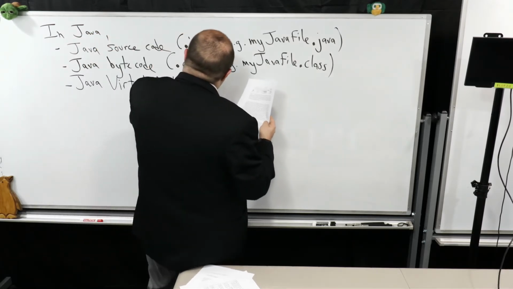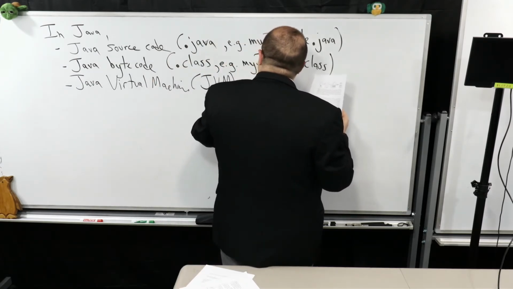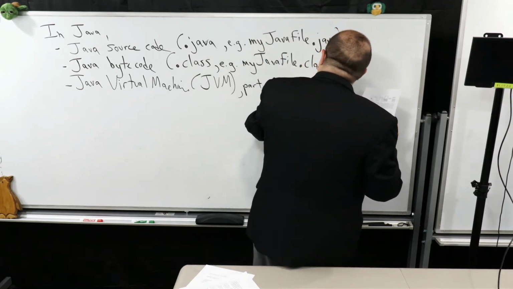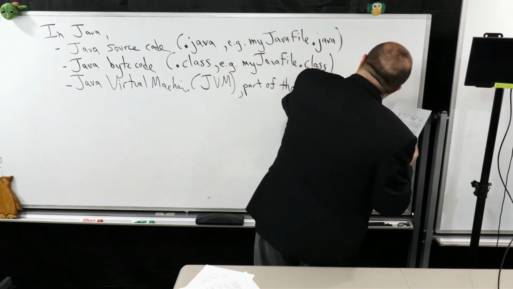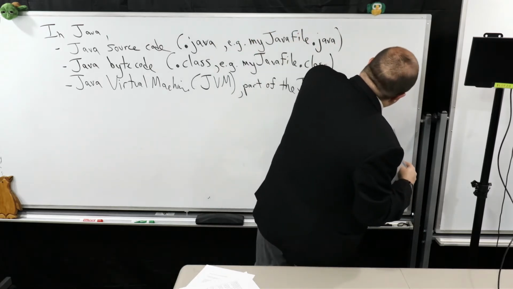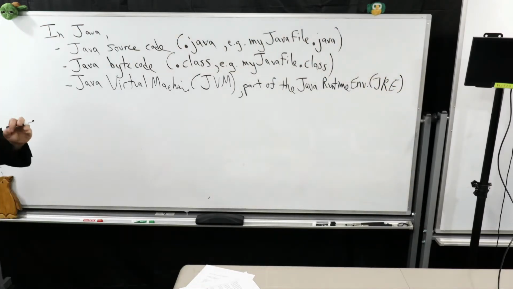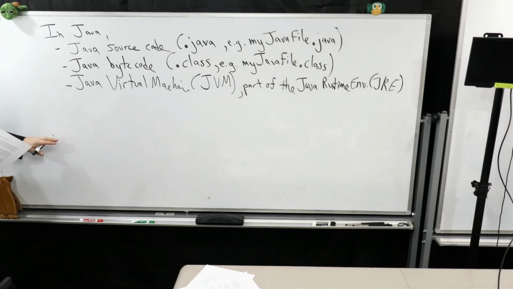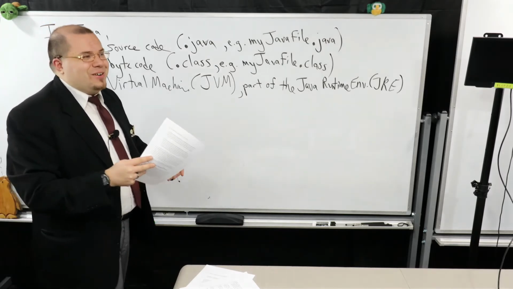So this is often referred to as the JVM. This is a part of something called the Java runtime environment, or JRE. And this is what's going to happen. I'm going to show you the process for which you go from a source code. So similar to my picture I had before, once I have a program, how you get from a program to something that gets executed on your machine.